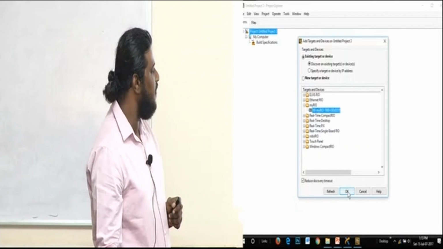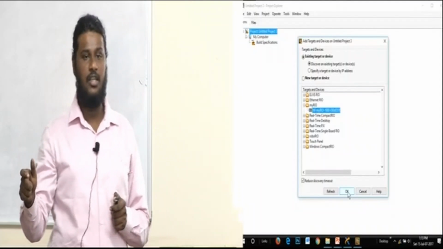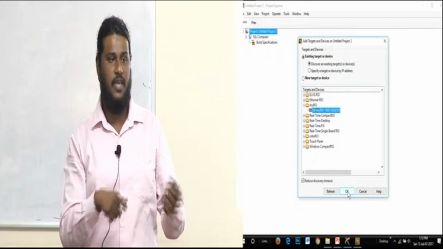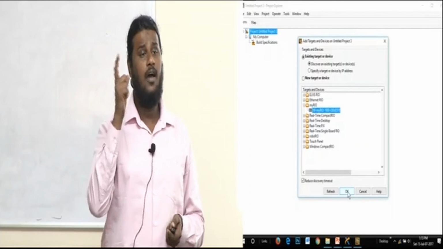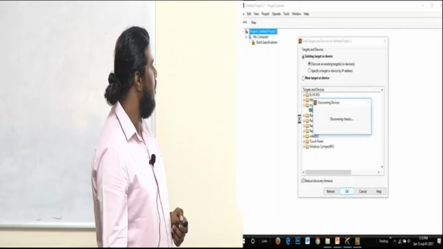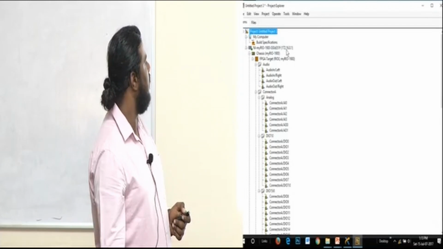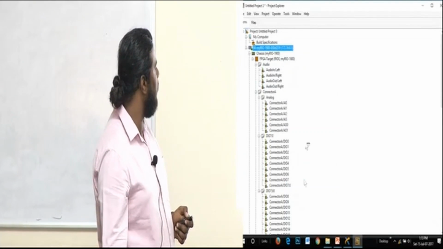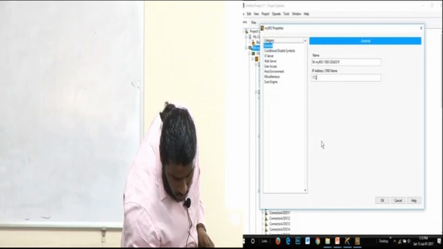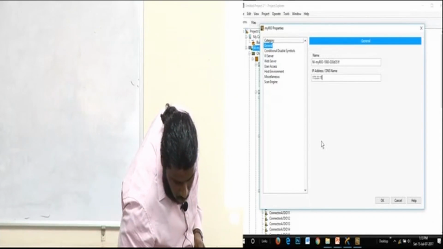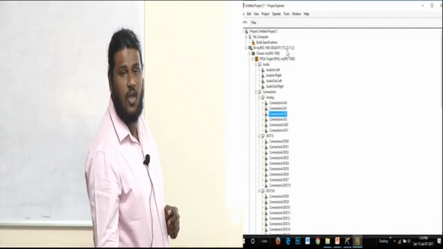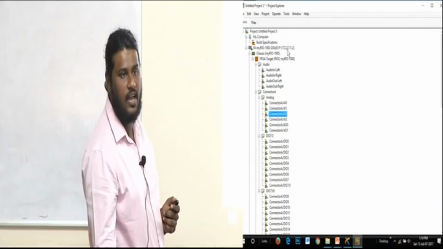But usually when there is a primary connection and a secondary connection, I have a primary connection of USB and a secondary connection of Wi-Fi which is already established, it always prefers the primary connection. So I'll just say okay. You will find that your hardware gets connected, like this. For you people, how will it look? 142.22.11.2. This is how it will look for you people. Once you connect it, this is how it actually looks.